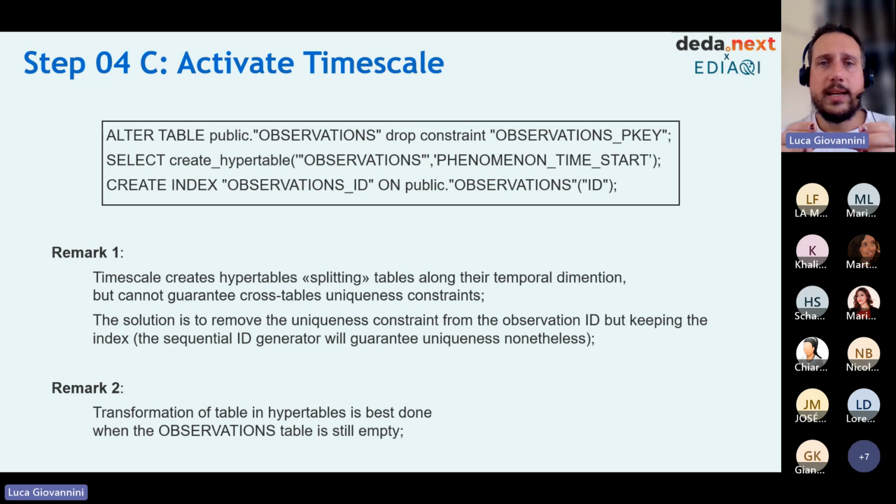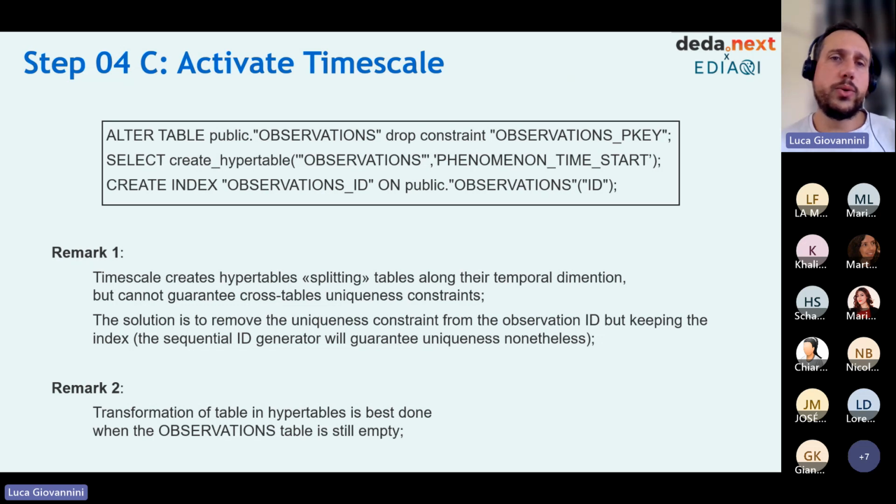So it's an abstract table made up of a long series of subtables where the information about time is grouped. Basically, the data is ordered along the time dimension and subdivided into small tables,